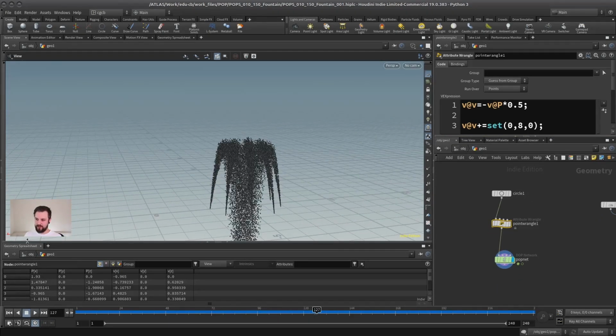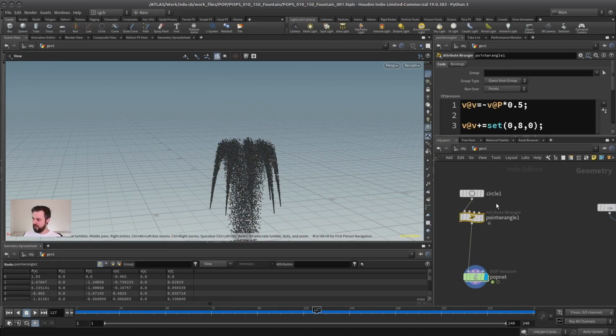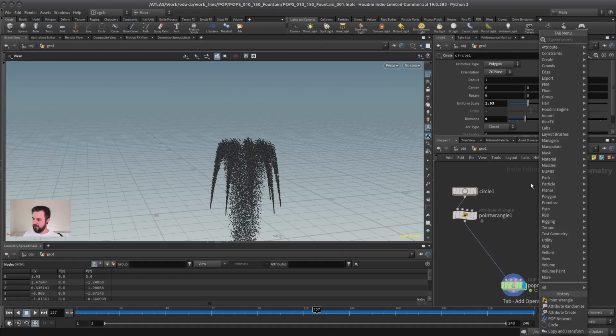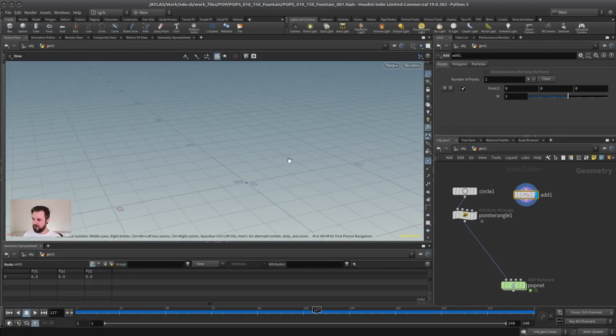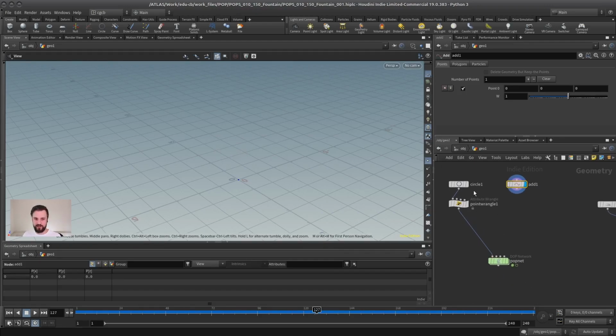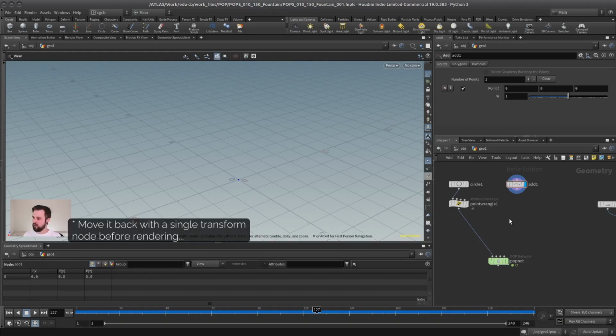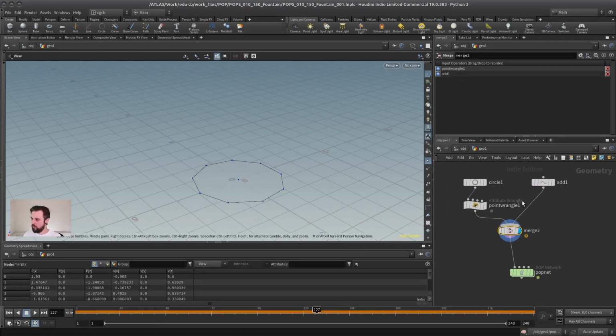Now let's add the center part to it. So if you look at the reference again, there's usually one big one in the center. Let's do this as well. And just keep in mind that you can use an add, for example, to create a single point. And in this case, that's exactly where it should be, at 0. And by the way, we always work here relative to the center of the world. That's usually something I would recommend when working in effects. You always work in the center of the world, because everything all of a sudden becomes much easier. And this is what I try to do even for complex scenes. Sometimes I even move the scene to the center so that I can do that, and then I just move it back. So anyway, I can now merge this point and the circle,